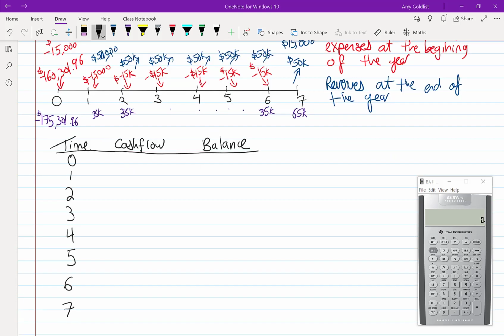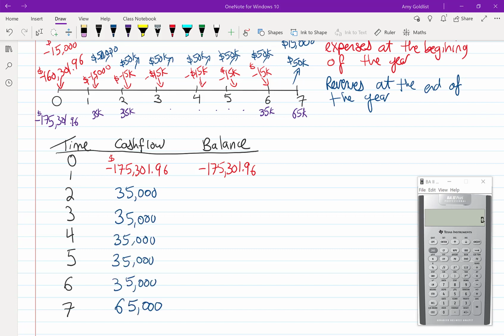I've started this out by drawing in all of my times, what my cash flow will be, and what my balance is. I'm going to start putting in these numbers from above. 175,301.96 gives us a balance of 175,301.96. Then I start putting in these 35,000s, and I'm going to go ahead and fill the rest of that out